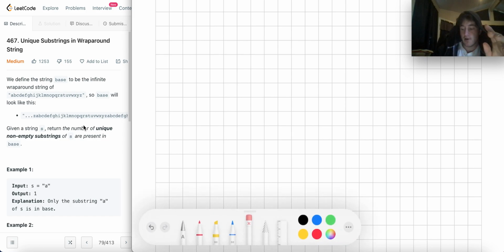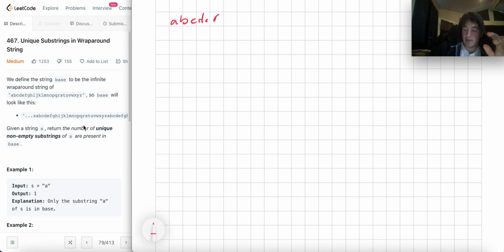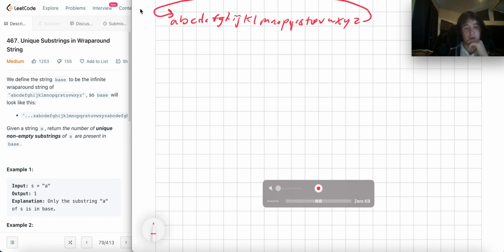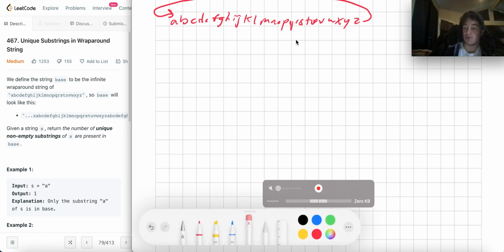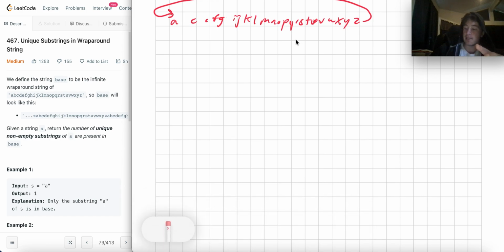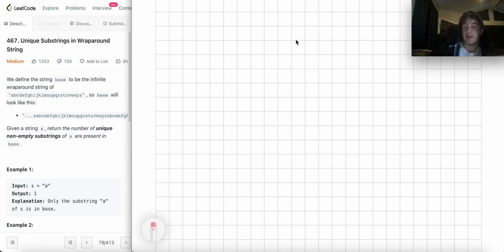Because it's a wraparound string, meaning that you go A, B, C, D, E, F, G, H, I, J, K, L, M, N, O, P, Q, R, S, T, U, V, W, X, Y, and Z, and all the way back. All right, so what comes before A? Z. What comes before Z? Y. What comes before Y? X, W. So every letter has a letter that comes before it. Just note that the letter that comes before A is Z. That's the only thing that really makes this infinite wraparound string different than the normal set of all 26